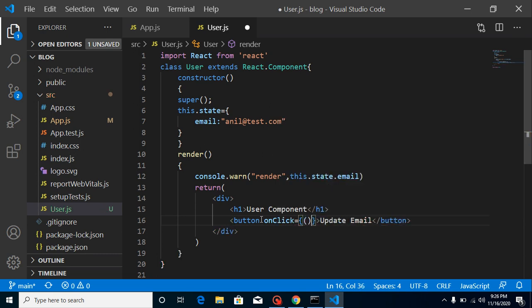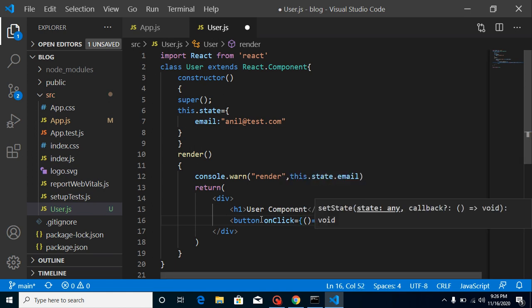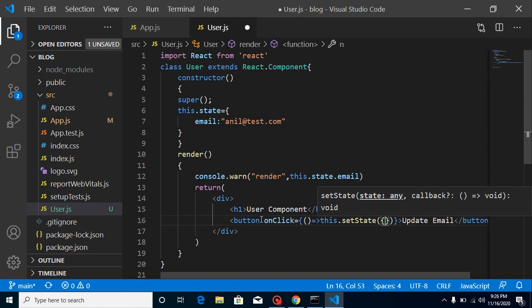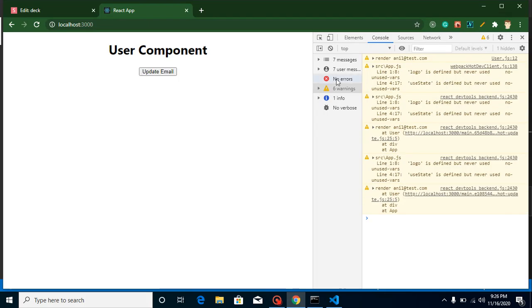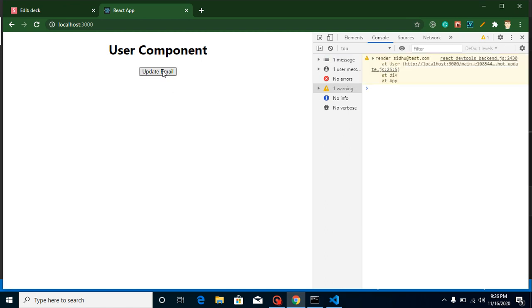Take an arrow function, and use this.setState, and update this email address like sidhu@test.com. Now you will find that this render method is called again on updating state. Here you can see that. So all these three things I have just shown you.